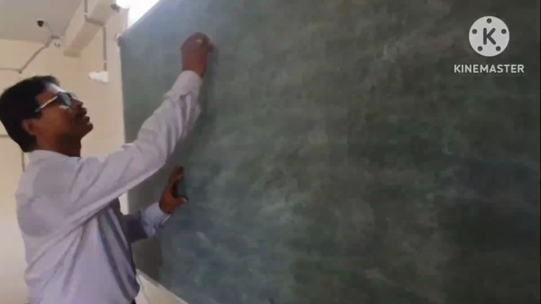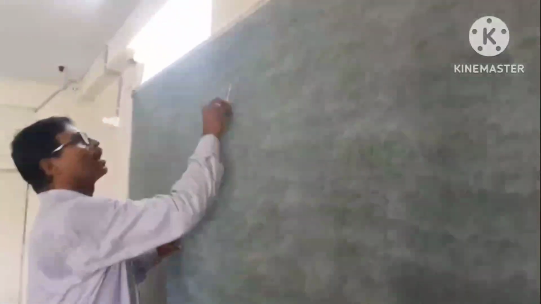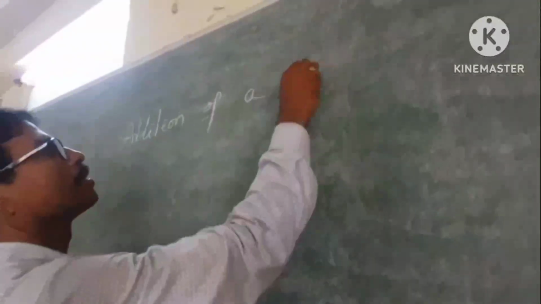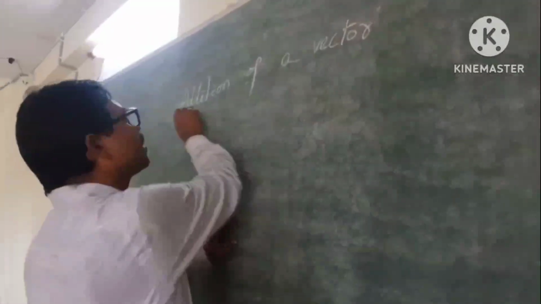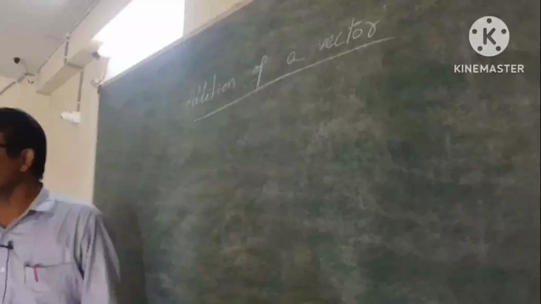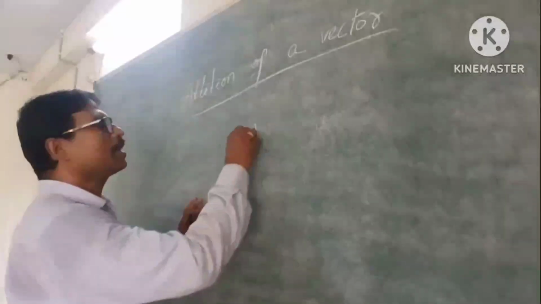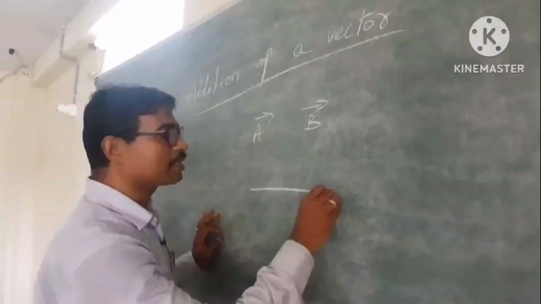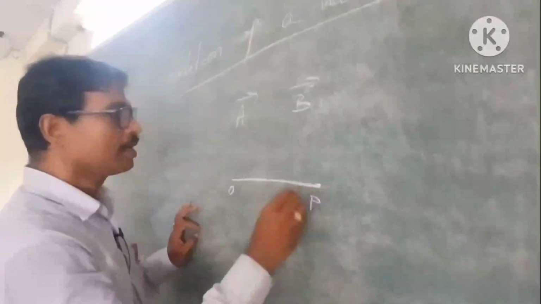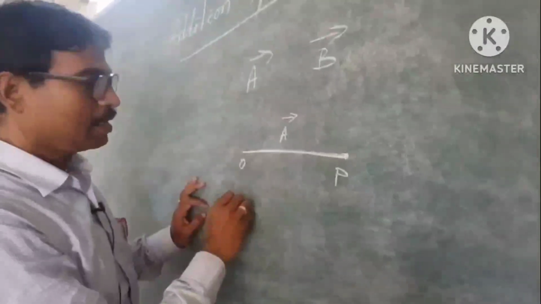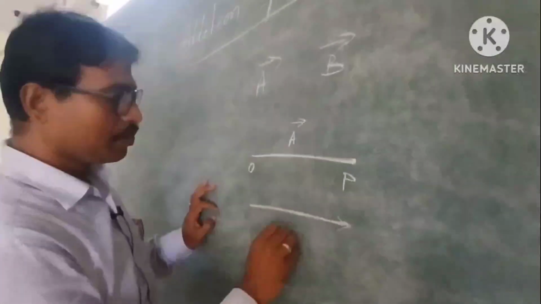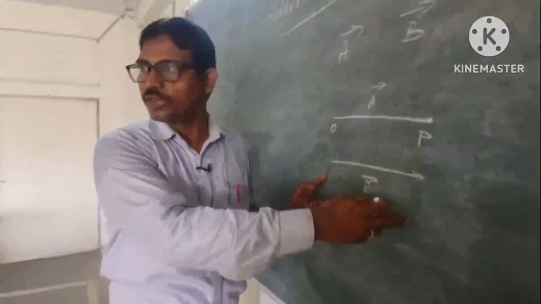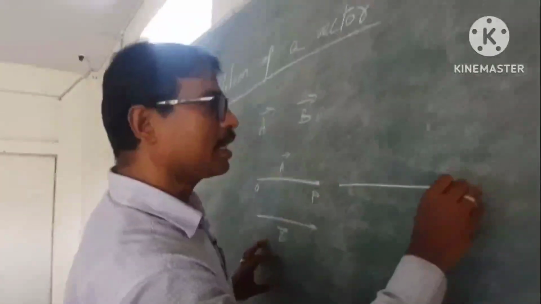Addition of a vector. Suppose there are two vectors, they are collinear, vector A and vector B. This one is vector A, suppose O to P, and this one is vector B. So how can you add it? Suppose it is 4 units. So you first take this one,